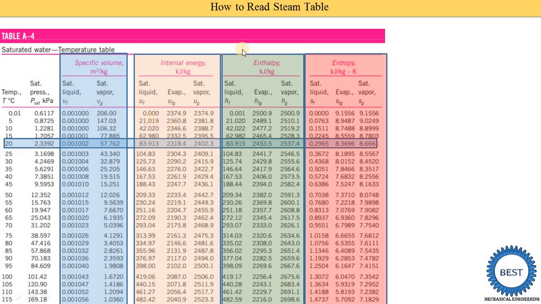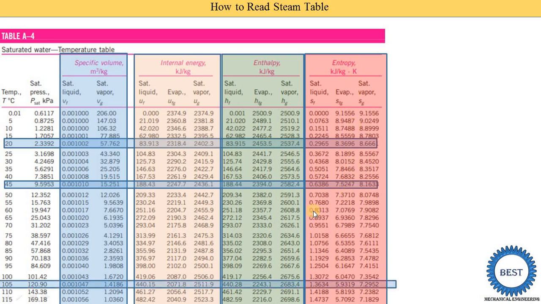In the same way, enthalpy is generally required. In numericals on properties of steam, generally we need to find this enthalpy. You can read this value at the particular temperature. In the same way, for temperature 45, you need to follow this row. Suppose we need to find HF, the saturated liquid enthalpy, for 45. Here we locate 45, put the scale and come across. Here you see this is the HF, that is 188.42. In the same way, you are also able to find the entropy for particular temperatures.